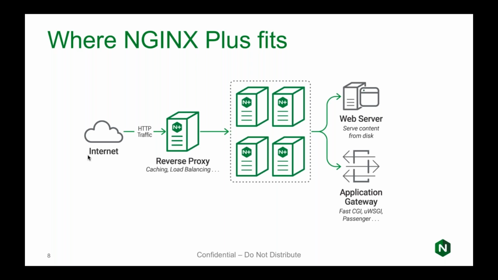So if your Apache server is having fits, can't handle the traffic running on it, you can put in NGINX as the web server instead. However, many people have quite tight coupling between the operating system, the web server, app server software, and the app that's running. So what do you do in those situations? Well, you put NGINX Plus in front of your stack as a reverse proxy. And over the years, we've added a lot of functionality to it. So it does caching, load balancing, SSL TLS termination, HTTP2 termination, security with a WAF, just a real long list